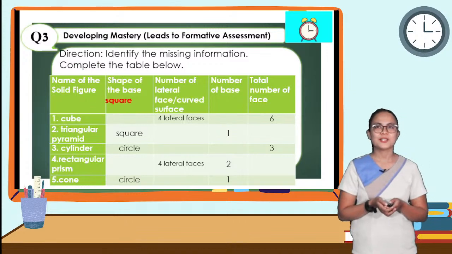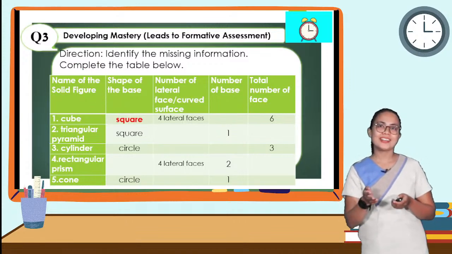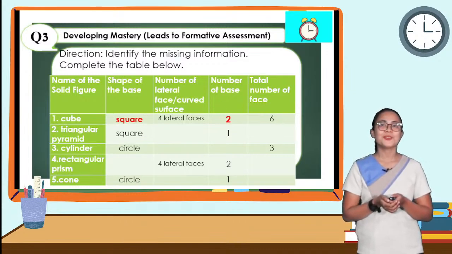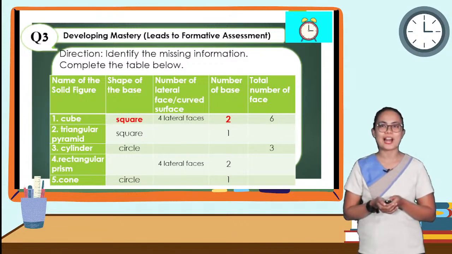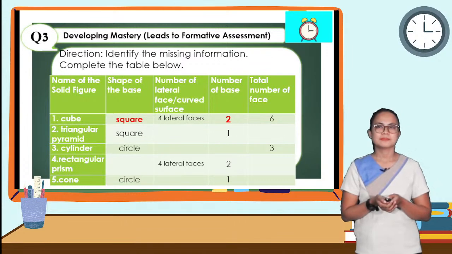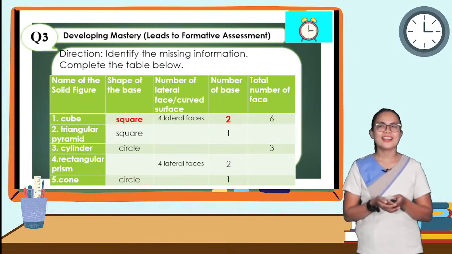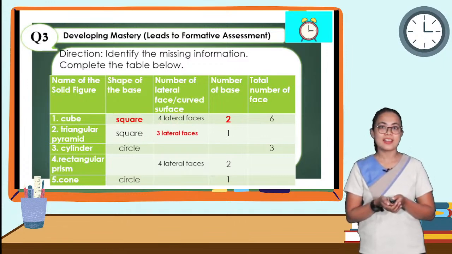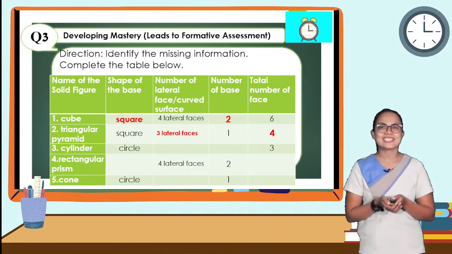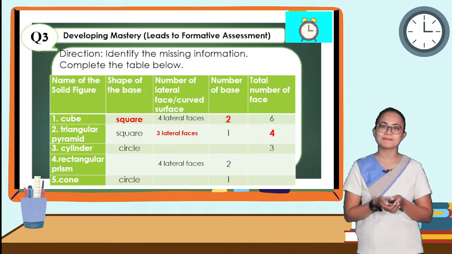Great! We have square. The shape of the base of a cube is a square. And the number of the base? Great, learners, we have 2. How about second? Excellent, grade 6. We have 3 lateral faces and a total number of 4 faces. And number 3,